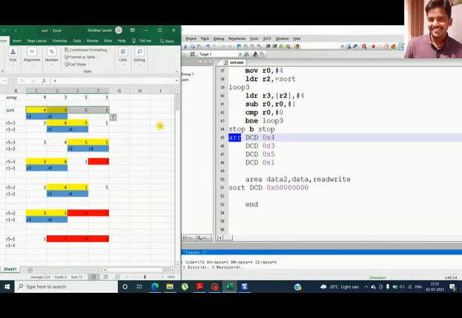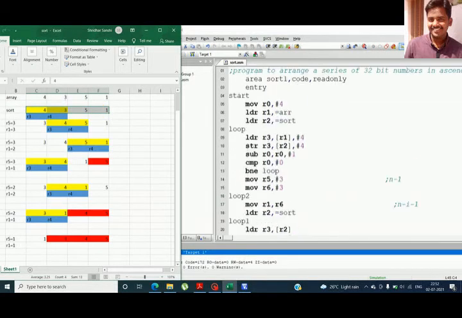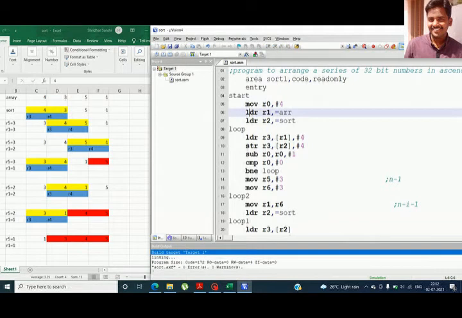This is the code. First I'm taking the base address of the array into the register R1, and the destination address into the register R2, and then I'm running a loop. This loop will run for the number of elements in this array, so the length is indicated by the register R0.